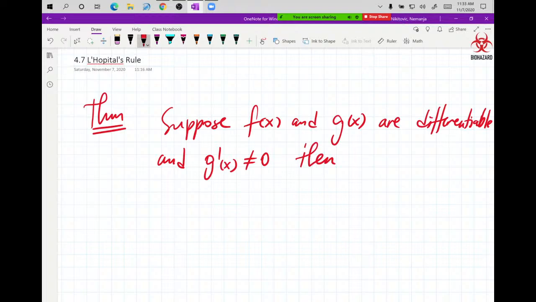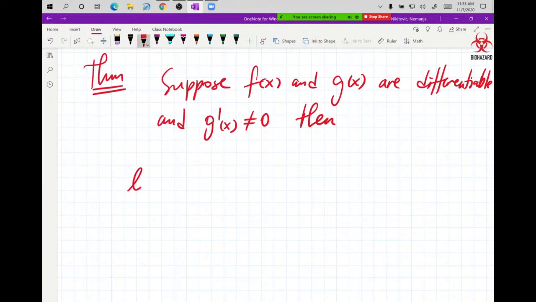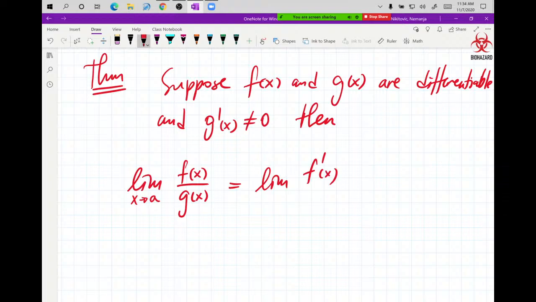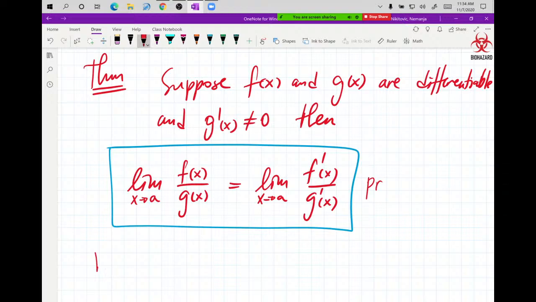Then the limit of f of x divided by g of x as x goes to some value a is the same as the limit of f prime of x divided by g prime of x as x goes to a, provided, so I'm going to box this, let's go here, provided that